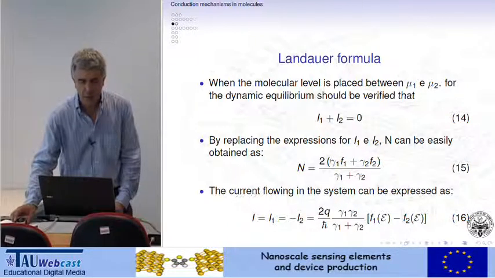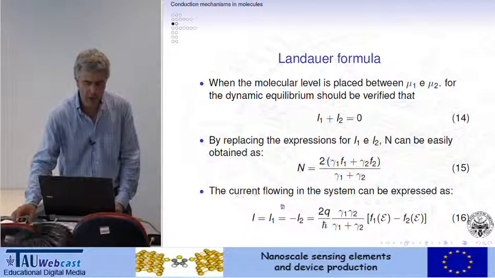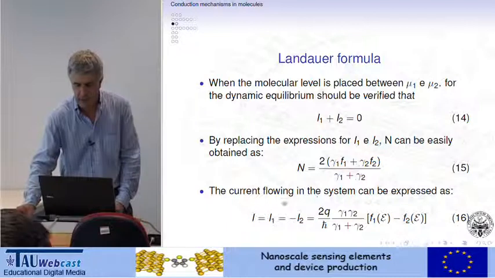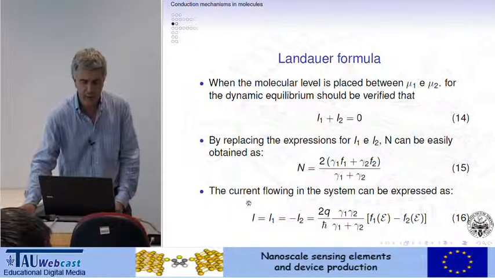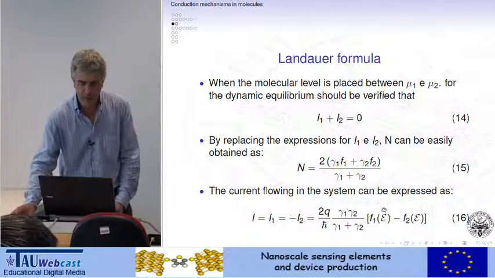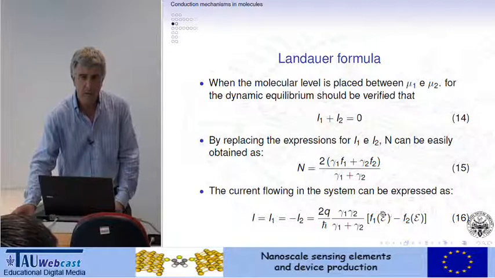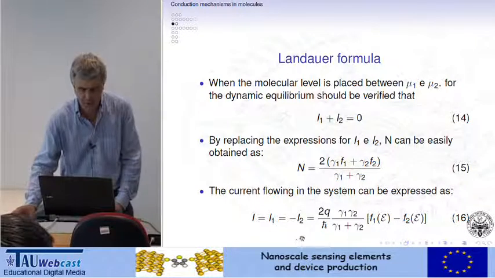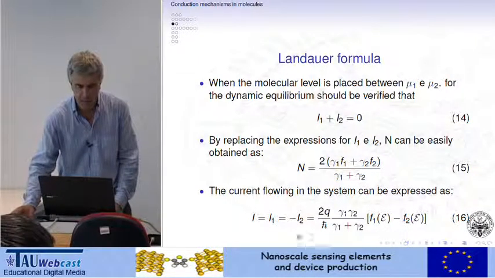So now we can substitute n, in I1 or in I2, it's the same, and we can get this expression. This expression is very common, is used in many fields of nanotechnology, and is called the Landauer formula. This is a formula that can be applied, as we get it, only for one energetic level. Because if you try to analyze this expression, all the quantities are constant, 2, Q, gamma parameters, but also these